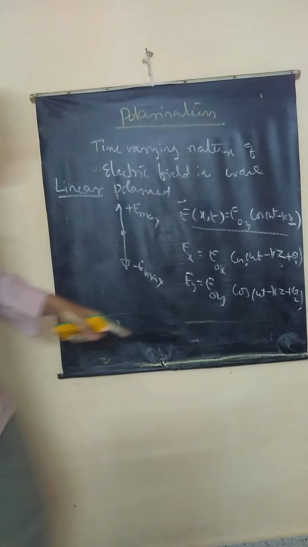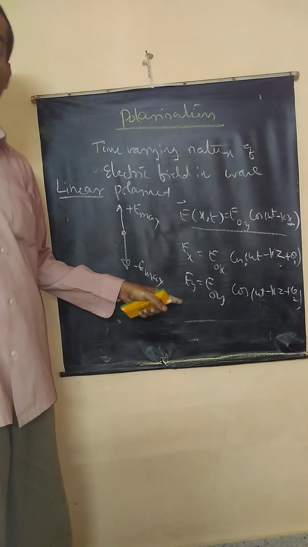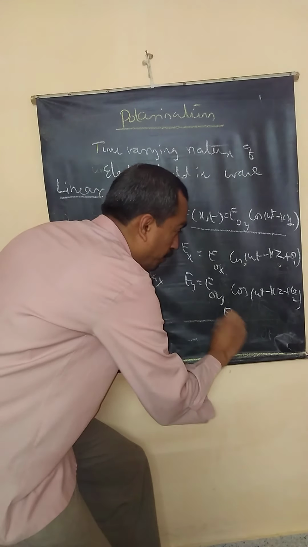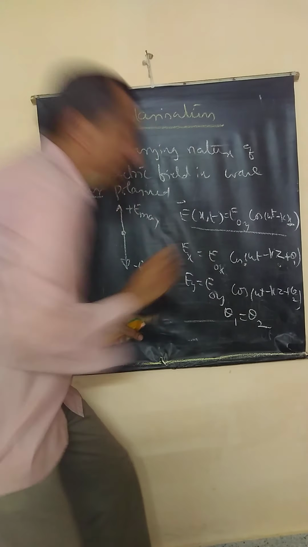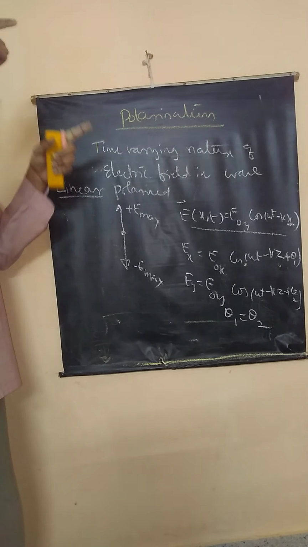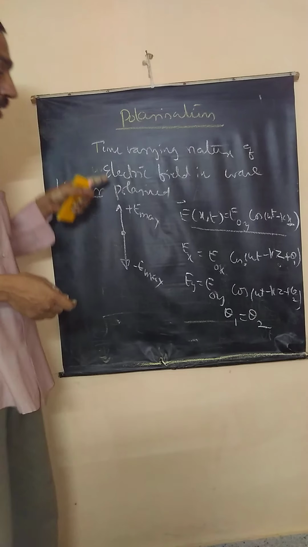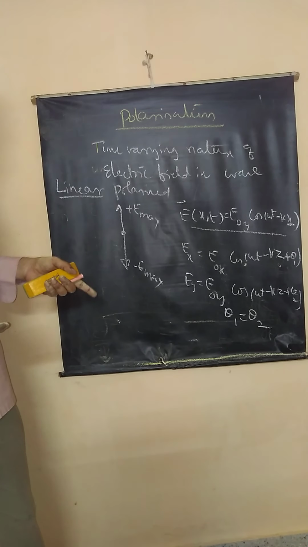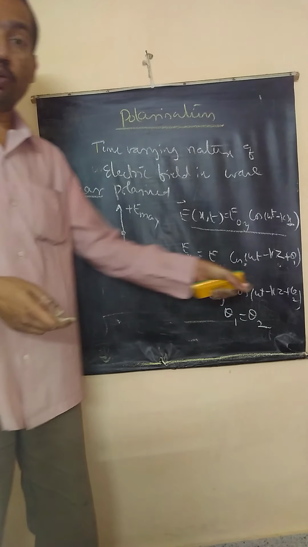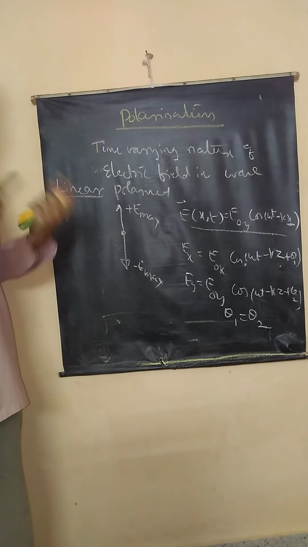Okay. See, there is a phase difference between theta 1 and theta 2, two components. Now, these two electric field components will produce linearly polarized light if their phase difference is zero. Only when the two components are in phase does the electric field remain in one plane, one direction. Correct? So, linearly polarized light is produced when the two components of the electric field have zero phase difference. They vary, but they vary in phase.